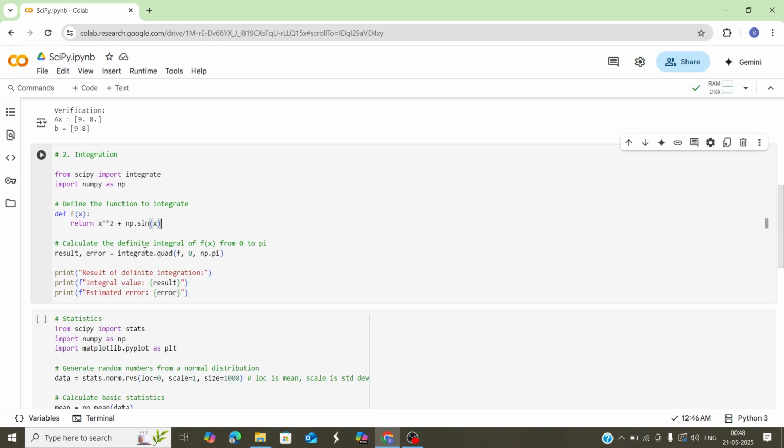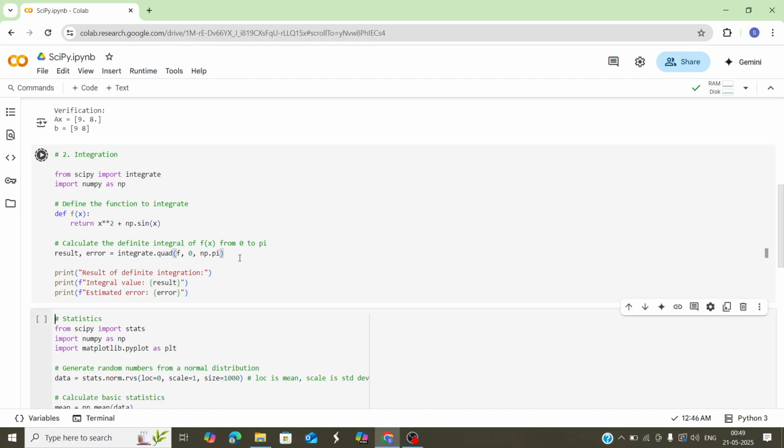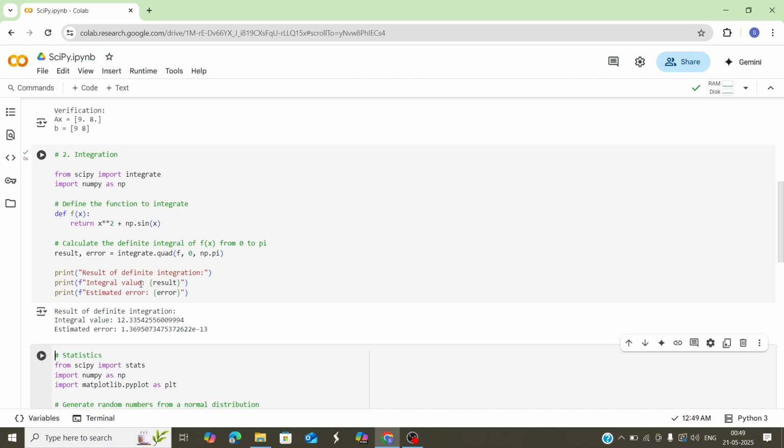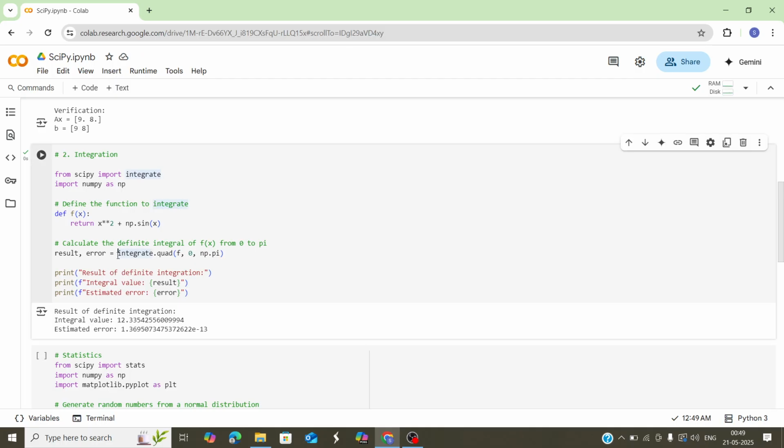In order to get this, I basically call integrate.quad. I'm getting the quadrature integral over here, passing the function which I have, f, 0, np.pi, because it is going to take the values, the lower bound being 0 and the upper bound being np.pi, which is the pi value. So that is what we are getting here, the result and the error. The result of the definite integration is, as we can see, the integral value, which is result. So on using the integrate.quad function, providing the function name we have defined above, the lower bound and the upper bound, we are getting two things: the result as well as the estimated error in calculating the definite integral.